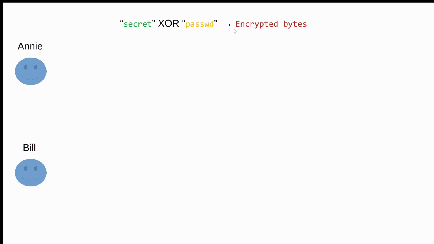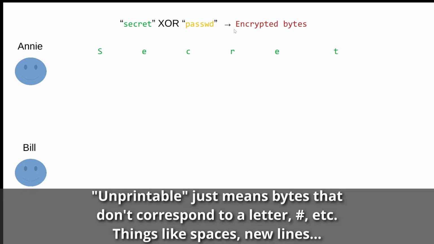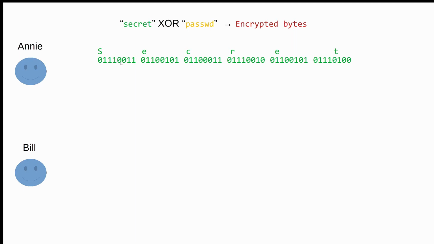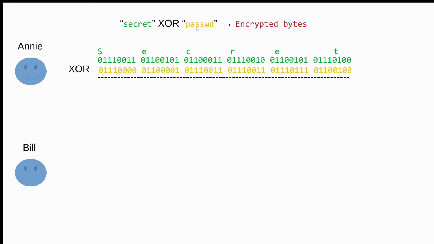And the reason I'm not showing this is because it's actually unprintable characters that we get. So we have the word secret, which we can represent in ASCII as the following bytes. So you'll see S is this series of 1 byte or 8 bits, then E, C, okay, you get the idea. Now we're going to XOR that with password, where this first byte is P, this next byte is A, this next byte is S. Okay, so if you were to go through this, you would see this all works out, just going bit by bit,